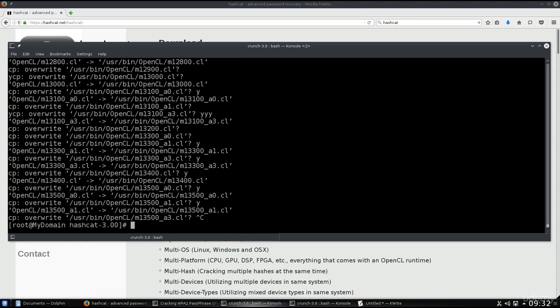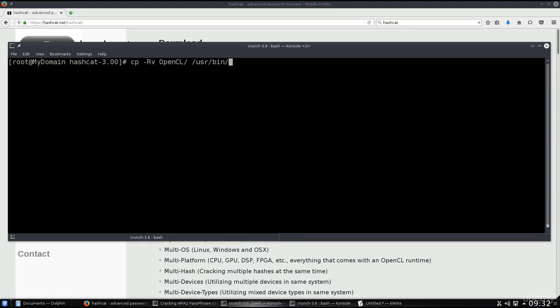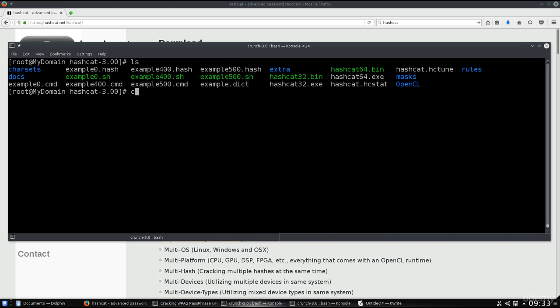Okay, forget about this. I already have the file. There's way too many of them anyway. So this is what you need to do. So cp -rv opencl /usr/bin. Okay, so ls. What else do you need to copy? Well, you need to go ahead and copy the